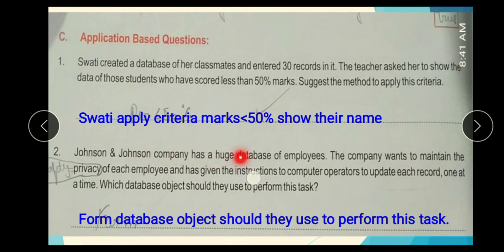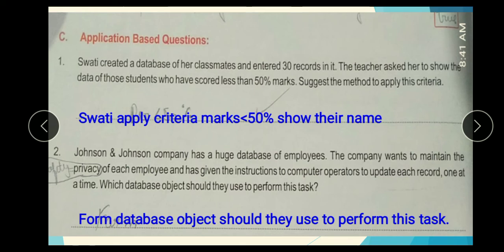Question number 2. Johnson & Johnson company has a huge database of employees. The company wants to maintain the privacy of each employee and has given the instruction to the computer operator to upload each record one at a time. Which database object should they use to perform this task?